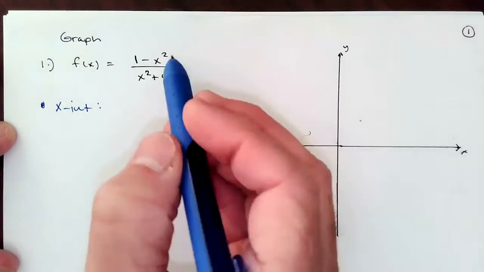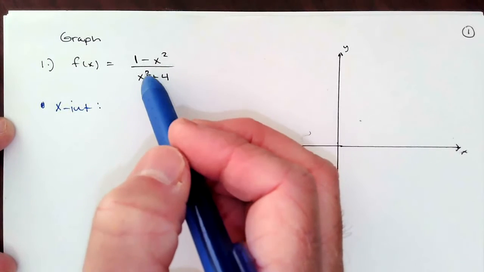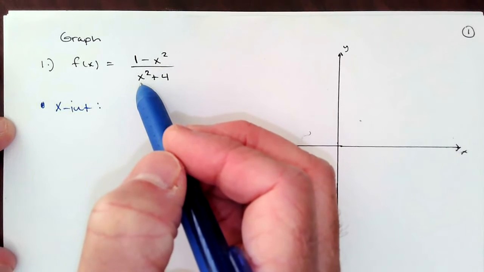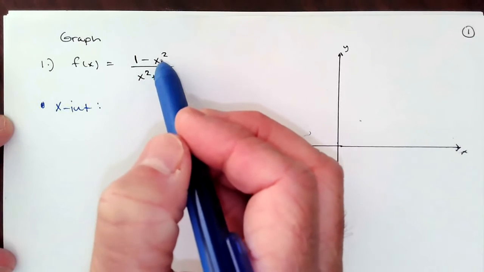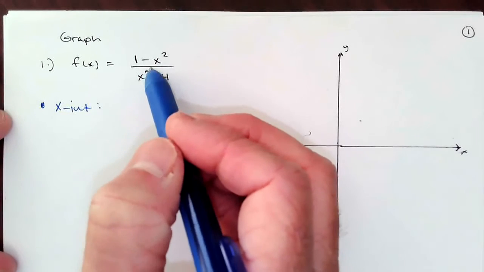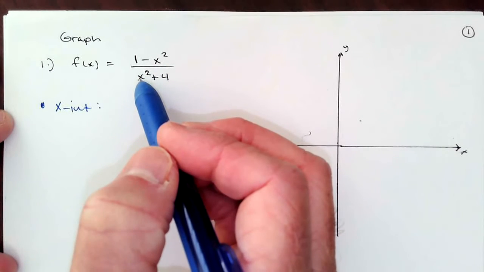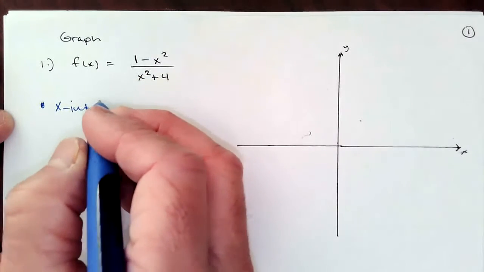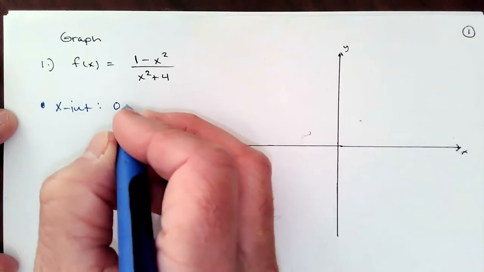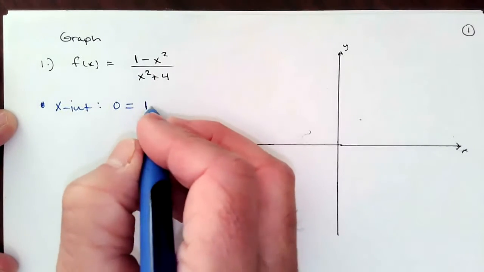And possibly, we've been talking about even and odd functions, and if you can spot a function as even or odd, it can sometimes help while you're graphing it. This one's especially probable that it might be even because I only have x squareds in both the numerator and the denominator. So let's check for even and odd, but I already started the x-intercept, so let's go ahead and follow through with that. So if we set this equal to 0,